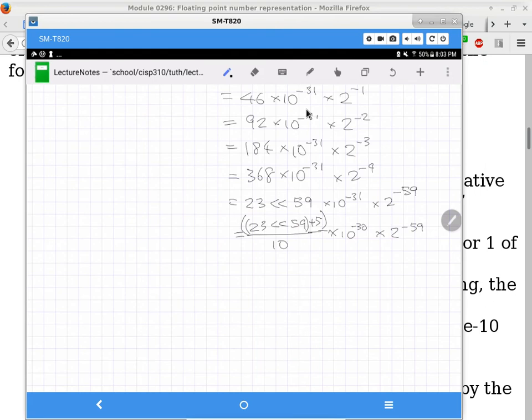No. So it is 23 left shifted 59 times, which is an integer, really big, plus 5 to that really big integer, and then you divide it by 10. Are we still going to lose something? Absolutely, but it's going to be small. And on top of that, every time you perform this kind of operation, sometimes half the time the error is going to go in one direction, half of the time it's going to go in the opposite direction. So you no longer have a consistent bias when you have errors.